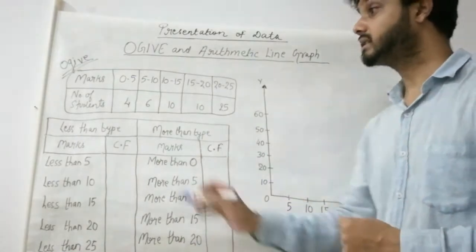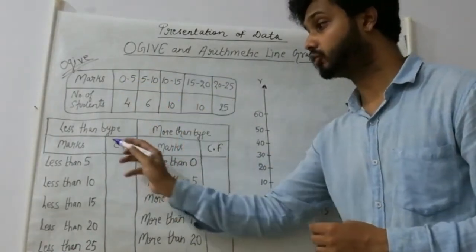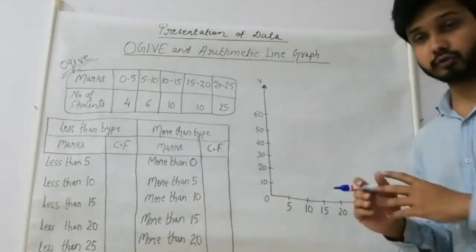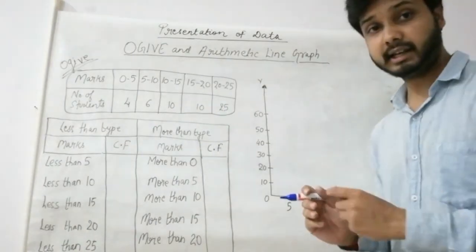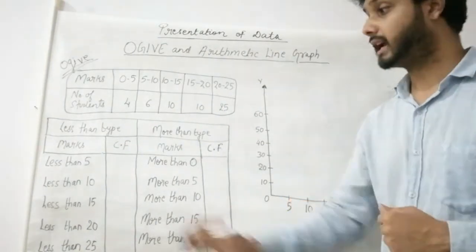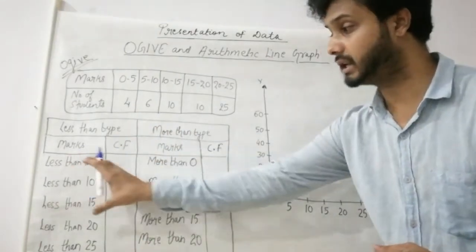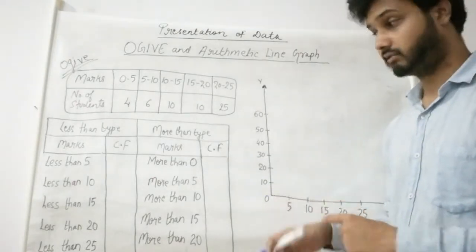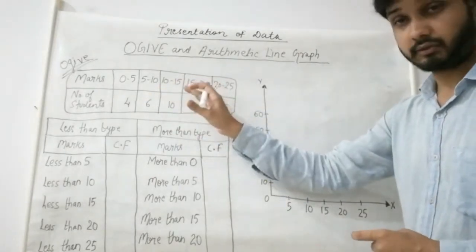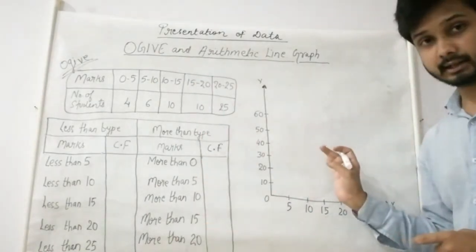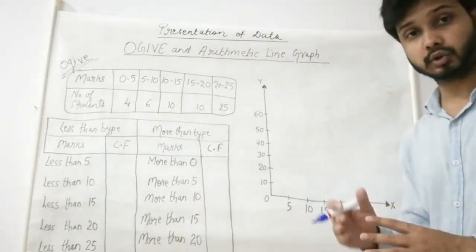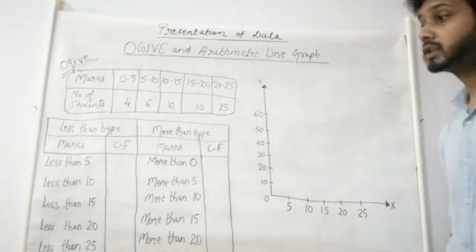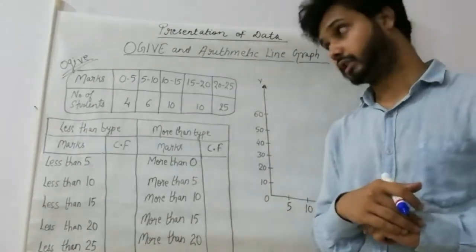Okay, so students, we will convert the given information into the form of less than, into the form of more than, and then we will represent it in the form of ogive. In the question, if it is given to make less than ogive, then we have to do only this much: make less than ogive and represent it. If in the question it is given to make more than ogive, then just convert this information into more than form and represent it. Only when it is given to represent both, then you have to convert into both and represent this. Clear? So we will see the overall structure of how we can make it.